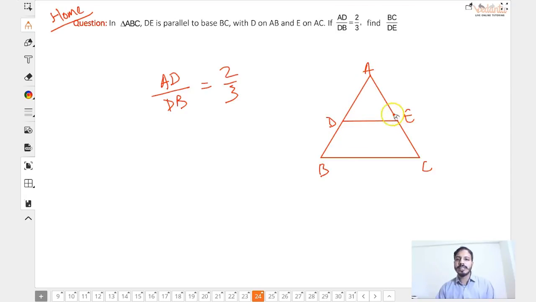So we can easily prove that these two triangles are similar, and from there you can solve it. So you can try to solve it, take a pic of this and you can send it to me on